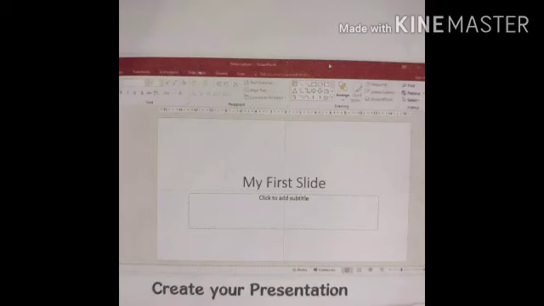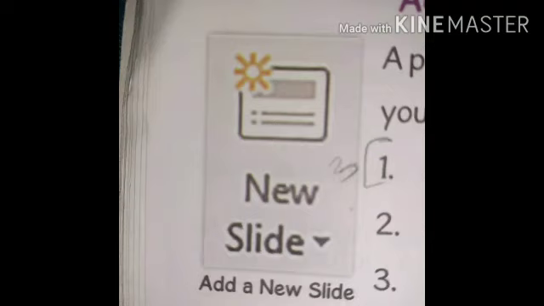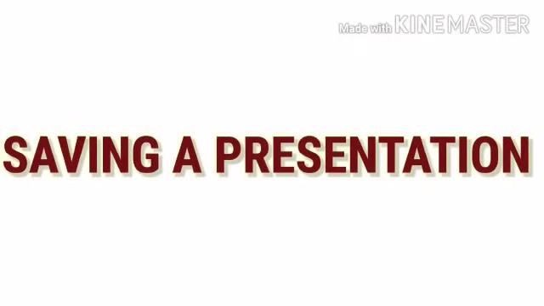Create a presentation. Once you open PowerPoint 2016, you can create your own presentation by, first, clicking to add a title box. Second, type your title, for example, my first slide. Similarly, add a subtitle. Add a slide in a presentation. A presentation is a collection of multiple slides. You can add as many slides to your presentation by following these steps. 1. Click on New Slide in the Slides group. 2. Click on any slide layout as you wish.